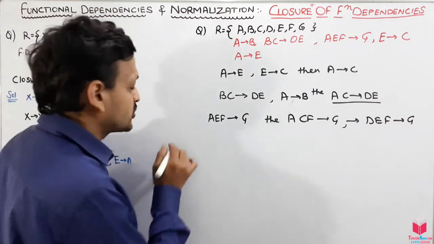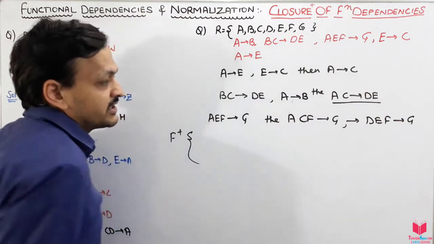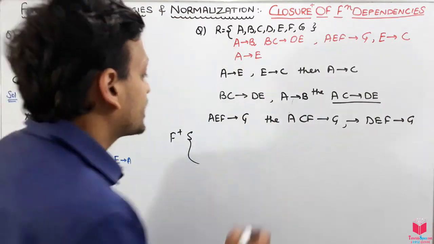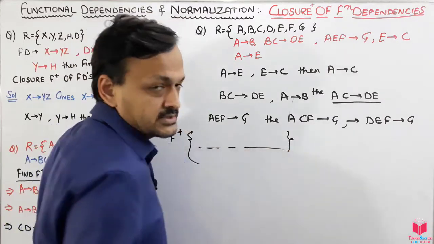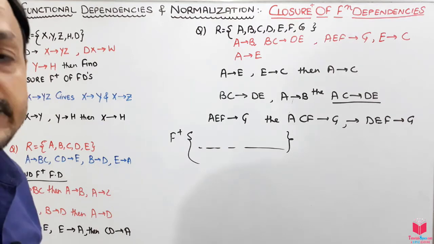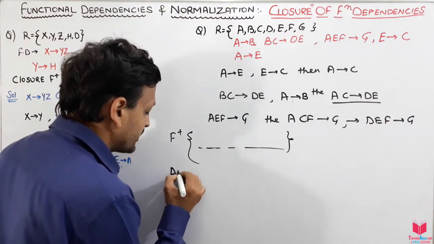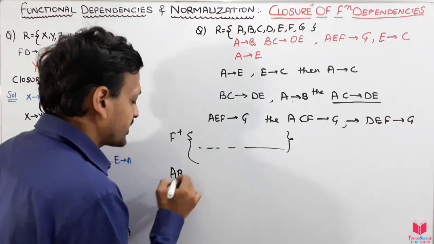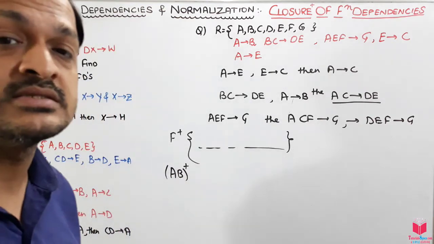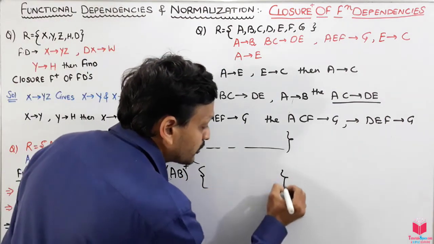If we have to write the closure of this one, we will write this, and we have to enter all the functional dependencies, the given dependencies and the dependencies which we found. So that will be the answer. Okay guys, and sometimes we have to find the attribute closure as well. So if we have to find the closure of these attributes, that means by using A, B, what other dependencies can we find from the given dependencies will be the output of that one.